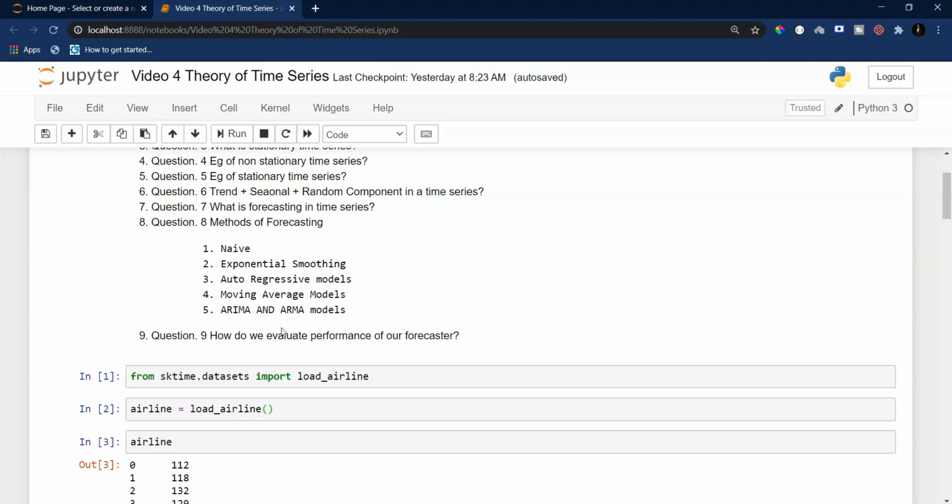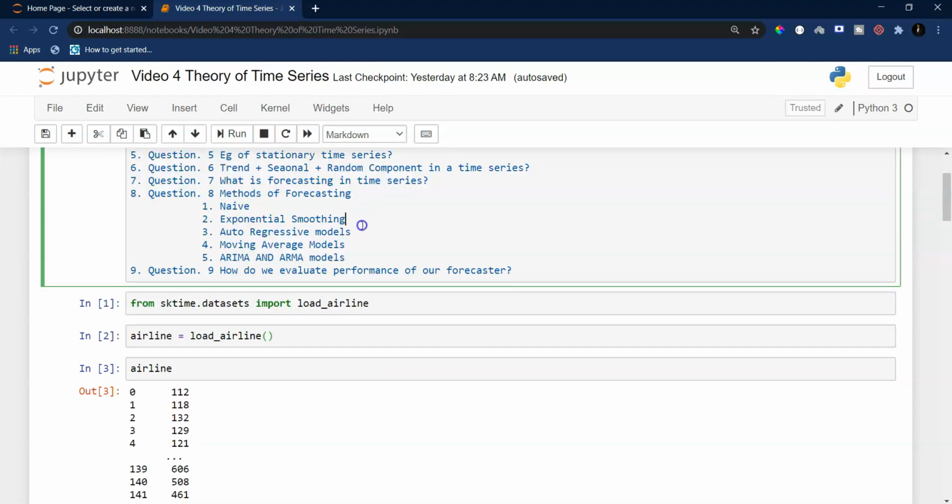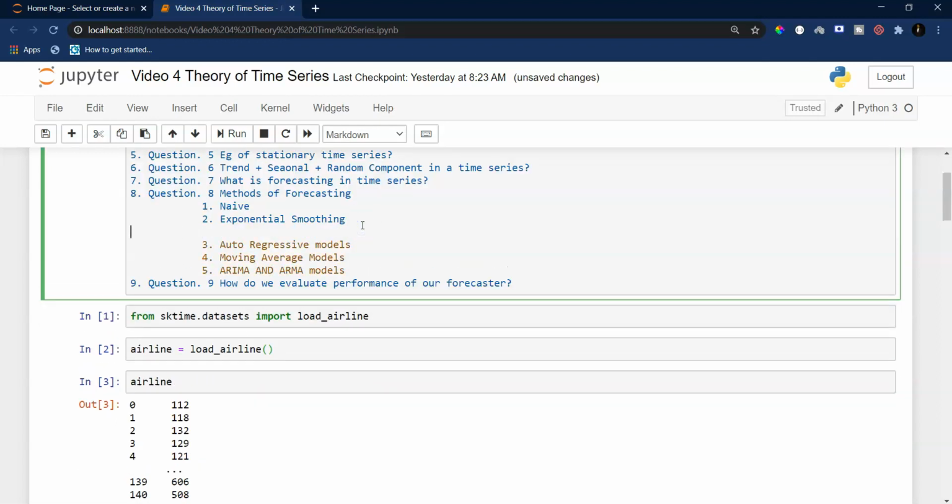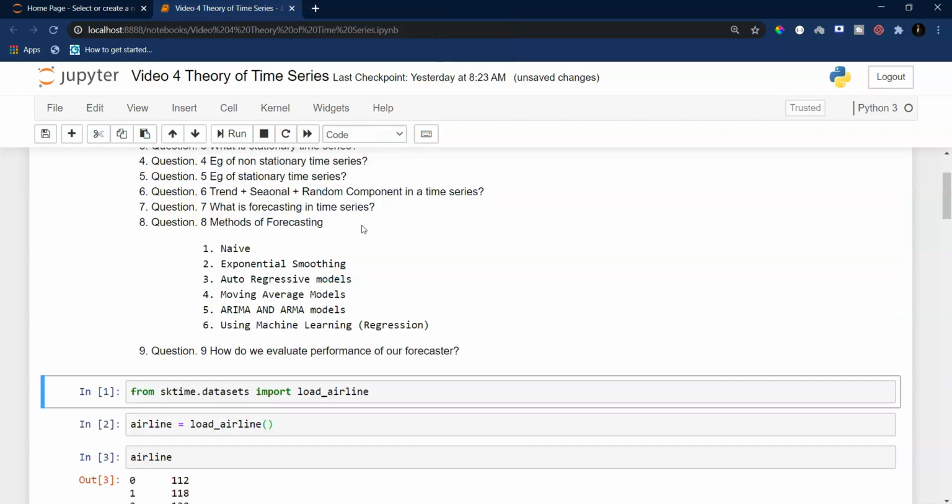Okay, and also I have not listed one forecasting method, let me write it down really quickly. I'll say the 6th method of forecasting is using machine learning, or in other words I can use regression in machine learning to forecast. Now how can I do that? In the next or